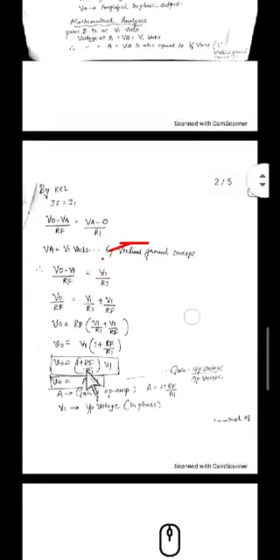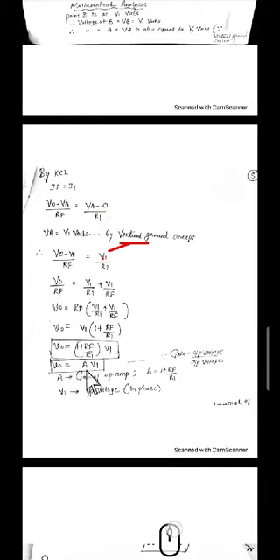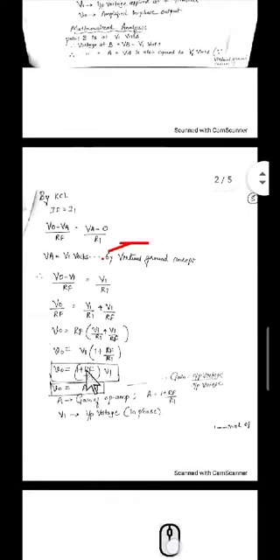Next, we want the output voltage equation for V naught. So adjusting the terms, V naught divided by RF is equal to V1 divided by R1 plus V1 divided by RF. Next V naught is equal to, we will be getting this by adjustment of the terms. Take V1 out, we will be getting 1 plus RF divided by R1. Now this becomes the final equation for V naught, where V naught is equal to input voltage V1 into the gain. That gain is 1 plus RF divided by R1, which is shown here. The gain is A, V naught is equal to A into V1, which is shown here.